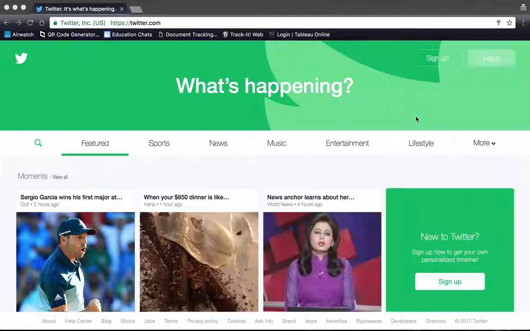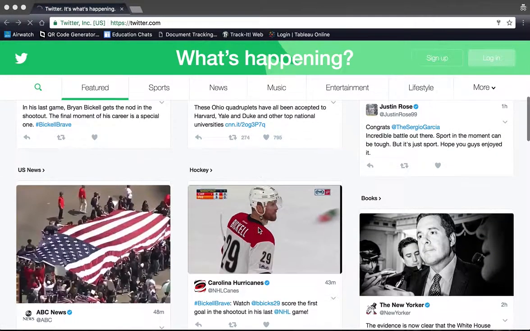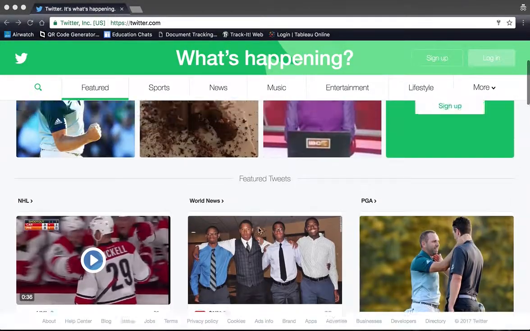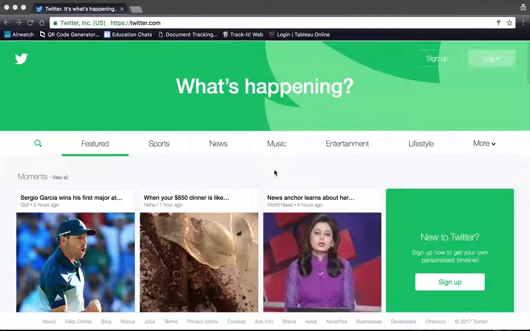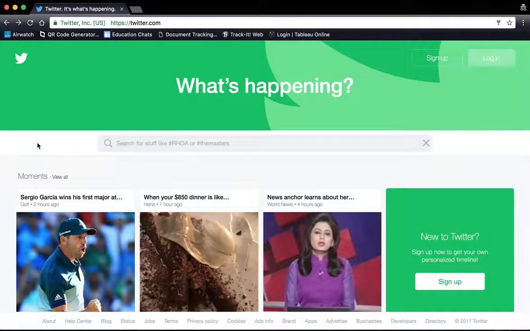So once I'm here, you'll notice that Twitter has so many different things you can check out. A lot of it is news related. That's actually how I got my first start with Twitter. But you'll also notice that you can search different things, but then even here, even if you don't have an account, you can click on this magnifying glass and you can search hashtags or people without even having an account. So for example,